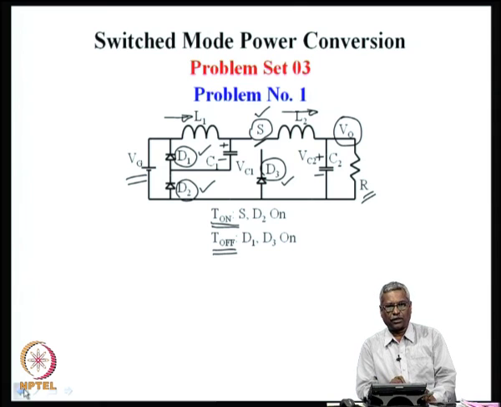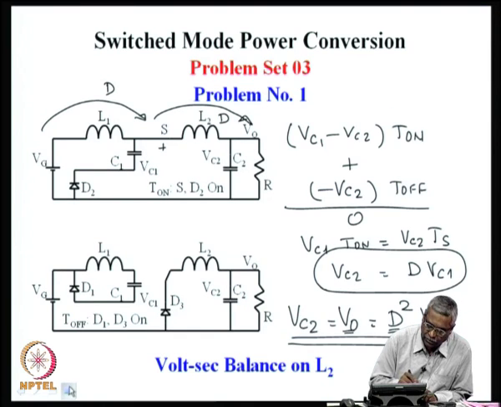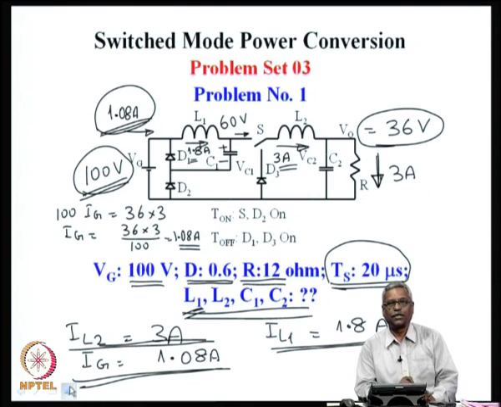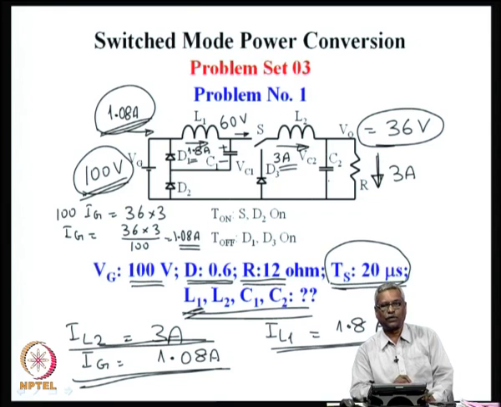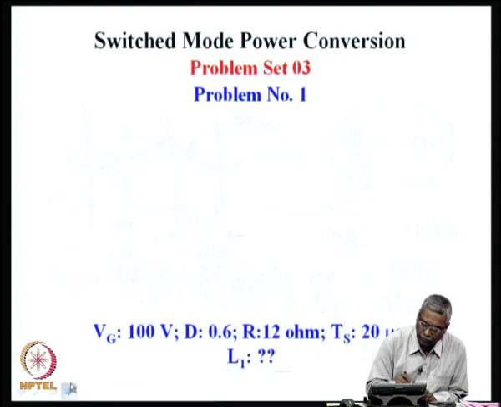Then by forcing the condition of current ripple to be 10%, we are able to also find out what could be the value of the required inductance in the converter. As a next measure, what we will do is, by forcing the voltage ripple on the capacitor to be certain percentage, we can find out what is the value of the capacitor C2 and what is the value of the capacitor C1. Let us come back again to the